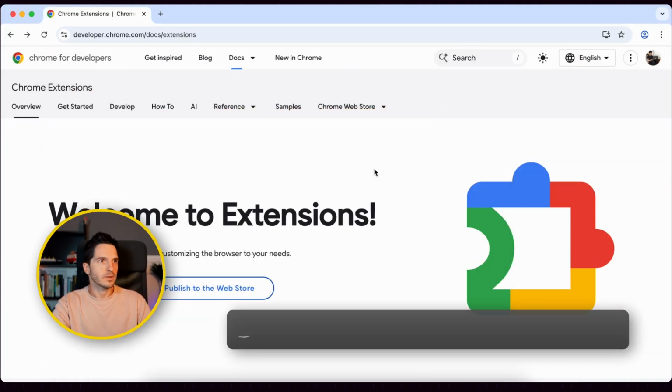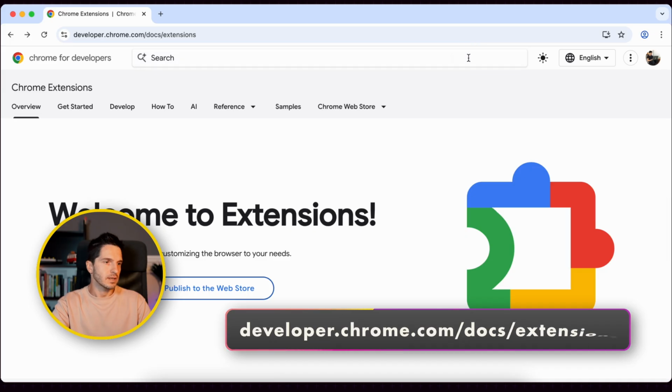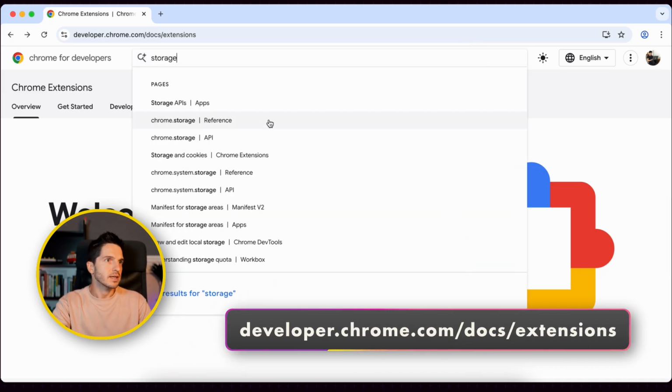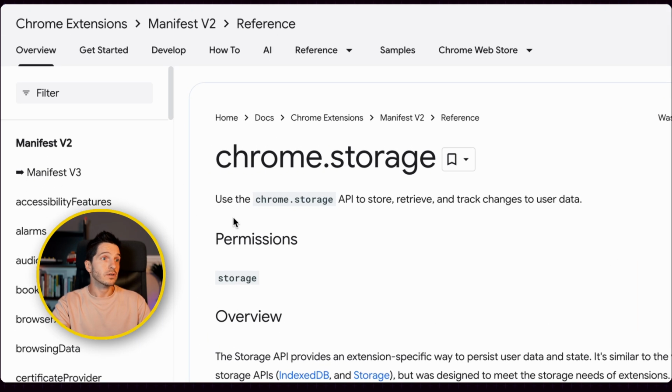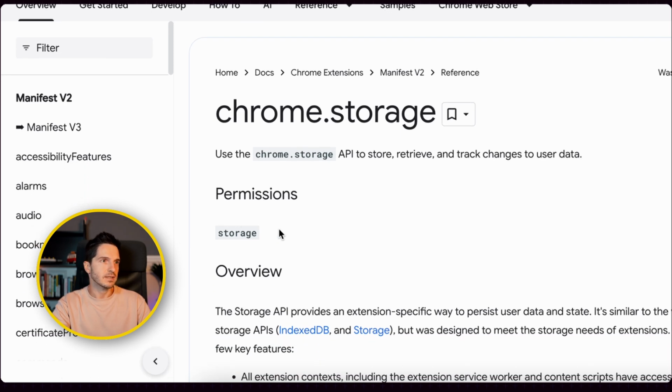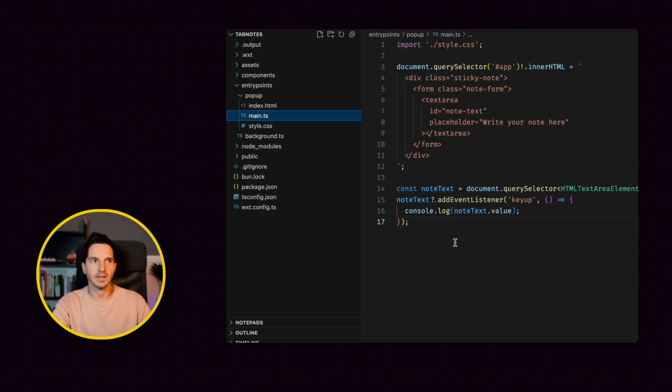When I arrive at the Chrome extension documentation, I can just search for storage and see that there is a reference which says use the chrome.storage API to store, retrieve, and track changes to user data, which is exactly what we want to do. And immediately after, it says that it requires the storage permission, which we saw previously that we could set in the manifest.json file. However, as I told you before, we're not directly editing manifest.json, but rather setting the configuration in